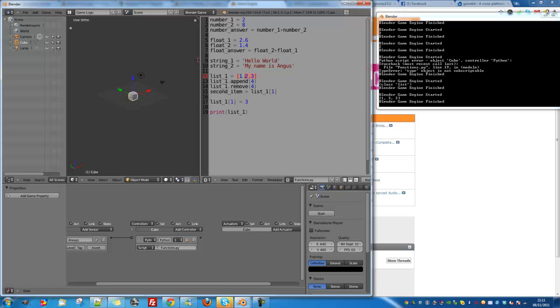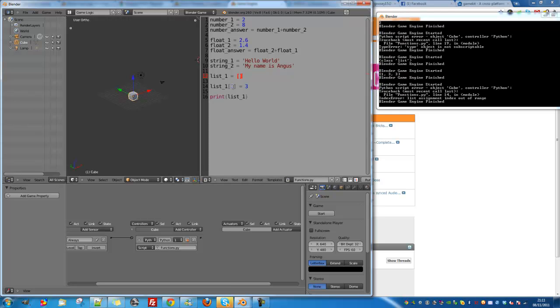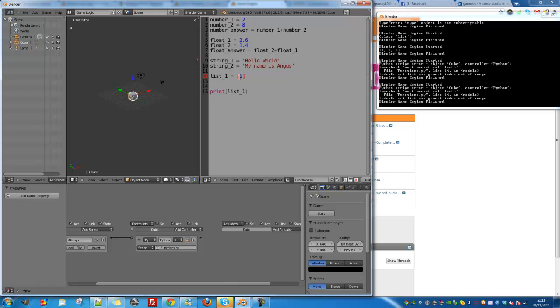If you have a blank list and you don't do anything to it, and you then try and set a value that doesn't exist, it will throw up an error because you're trying to set the second item of the list to 3, but it doesn't have 2 values. Again, if you try and set an empty list's first item to 3, it doesn't have an item, so it can't work. So you must always have an item in the list, either by appending it in or starting with it. I'll add this back in for you. There you go, and last but not least,